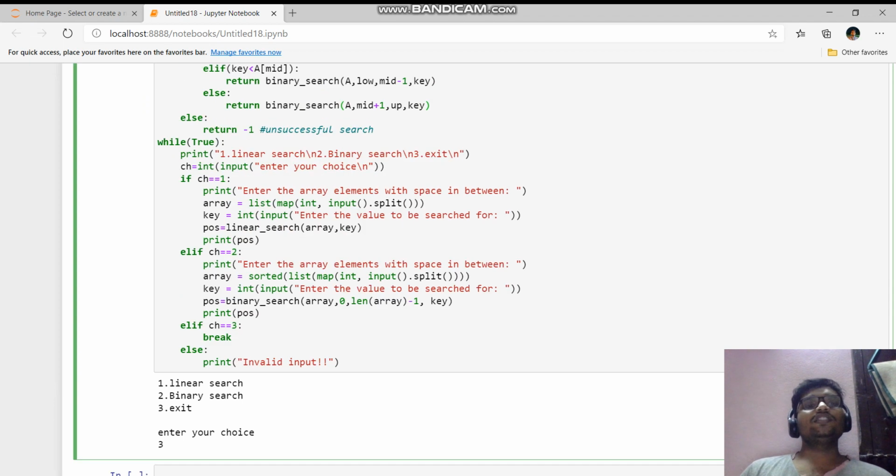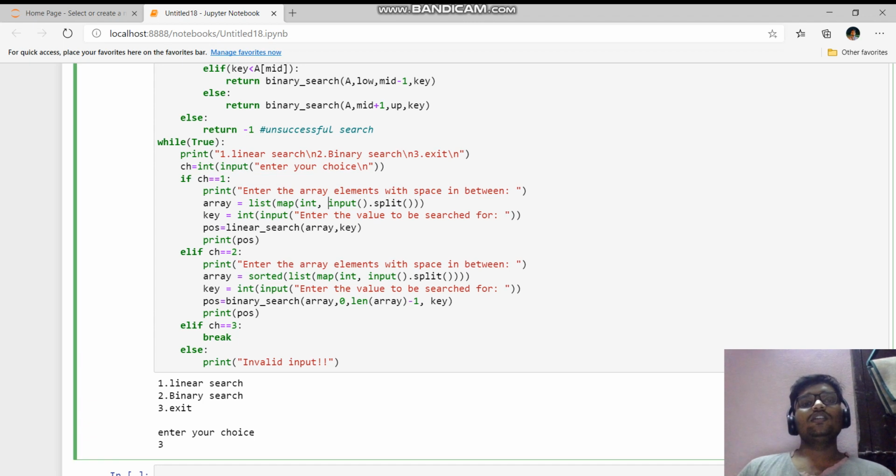Before that, we'll see this menu, which is an infinite while loop, which prompts the user to select either linear or binary search. The third option is to exit. If the user presses 1, we prompt the user to enter the array elements, and we use a map function to get the list of elements of type integer.